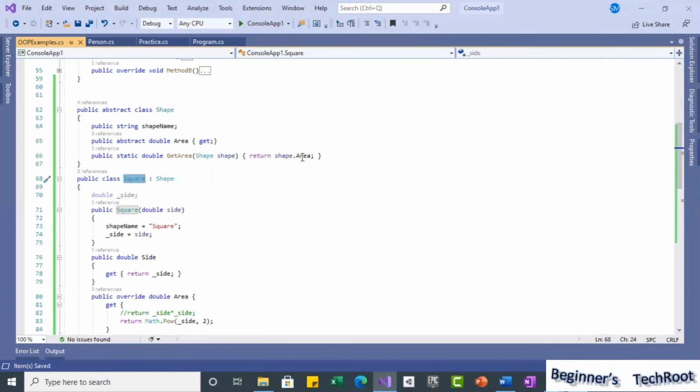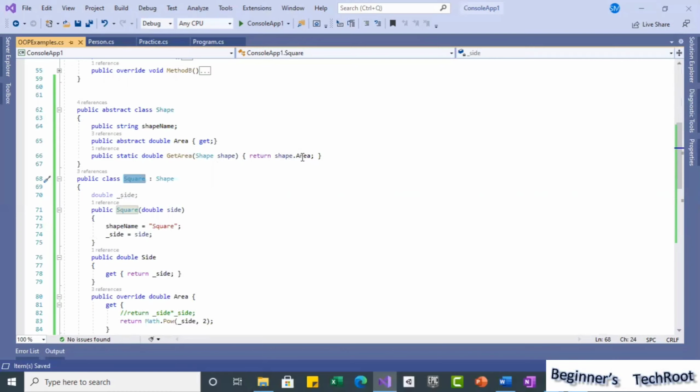So that way, automatically, within whatever object we created, it will decide: your object is a square, so you pass to this method a type of square.